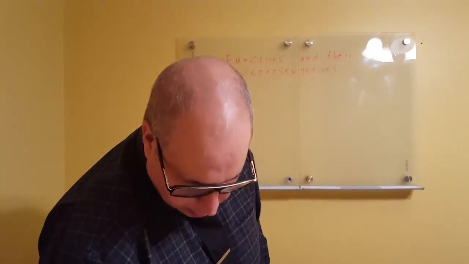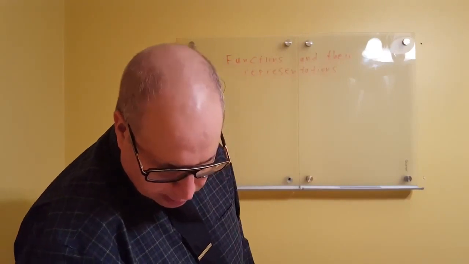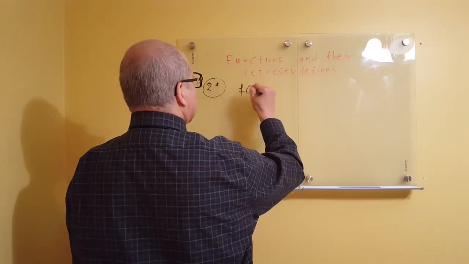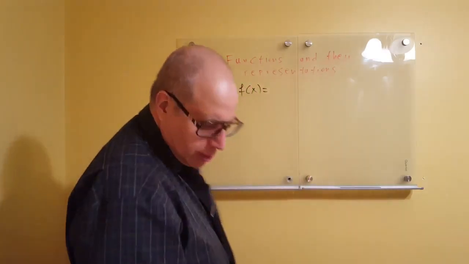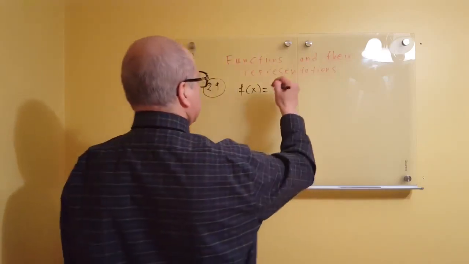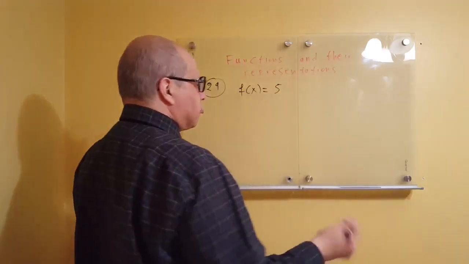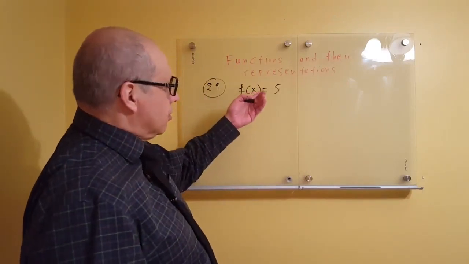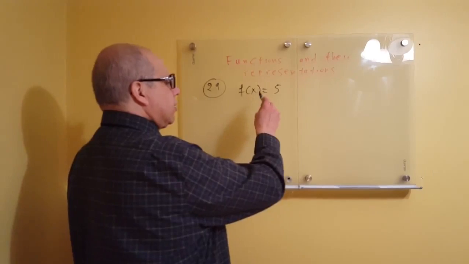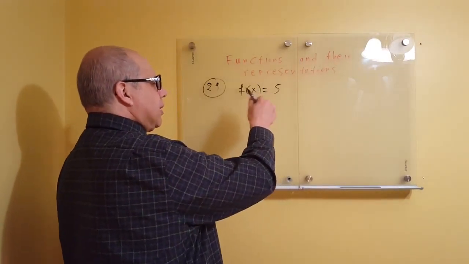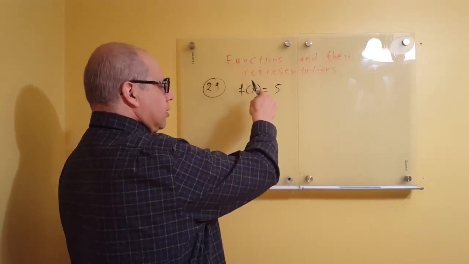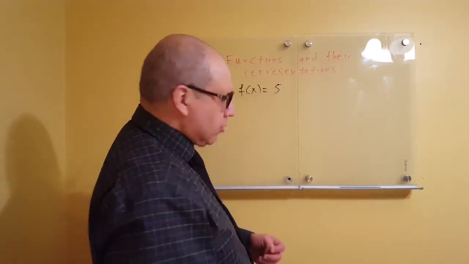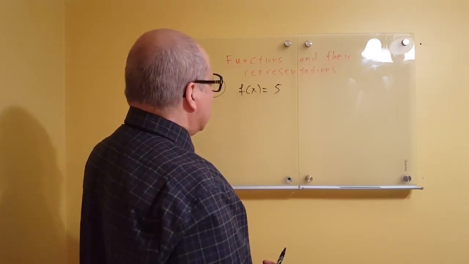The same topic. So find the domain and sketch the graph. We'll have the function f of x is equal to 5. So the domain here, I mean, it's all real numbers, because what does this mean? It means that for every number you can put here, any number, the y is always 5. This is the constant function, and so that means that